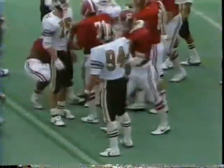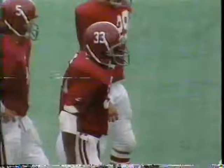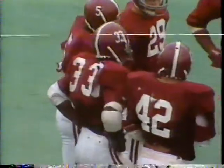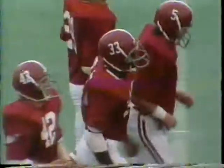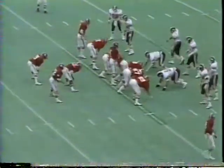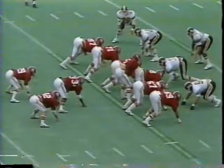Back live, Jackson from the 31 inside the 30 to about the 28. 3 yards for Jackson, halted by the Vanderbilt freshman, Tim Bryant. What you can see right now is just the way Alabama wears people down. They have such great backs. They keep them fresh, and they do great offensive line. They just keep pounding at you, and eventually they're going to break the big one. Second down,